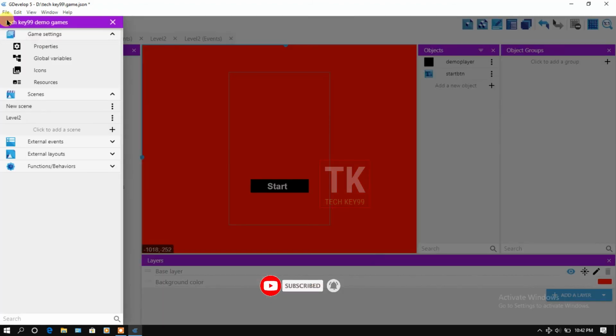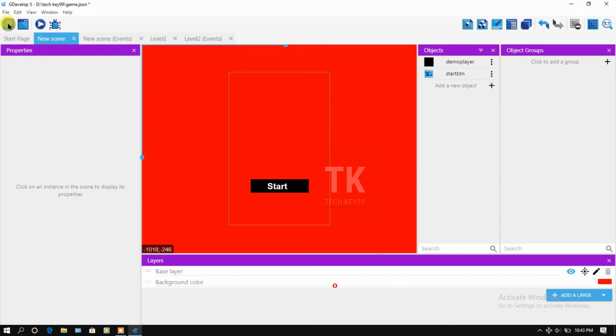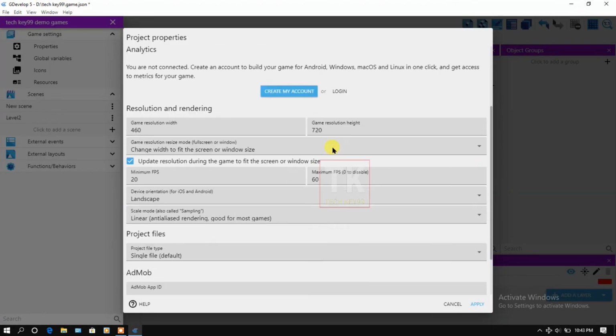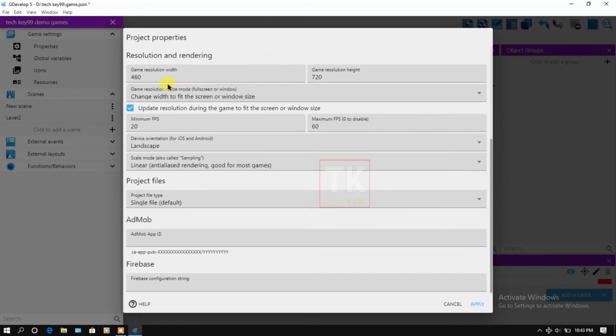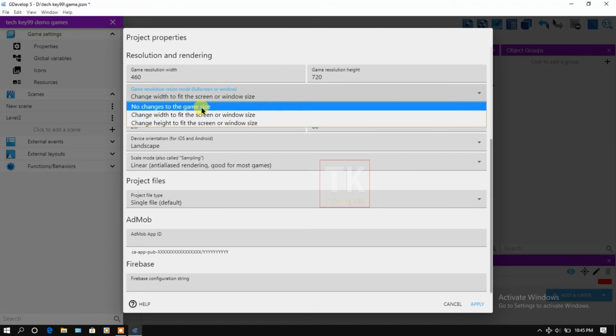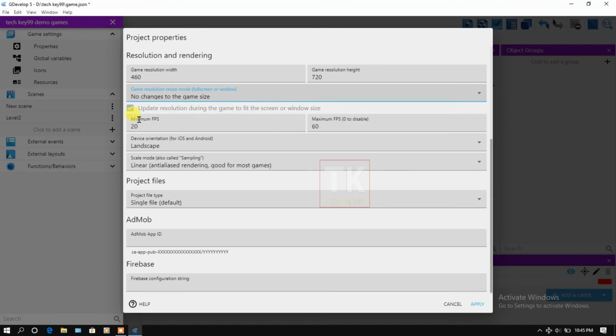Let me tell you more about game properties. Click on project manager, properties, and this is the game resolution resize mode, full screen or windows. Click here and you need to change this to the game size. You do not need to change this one and this one.